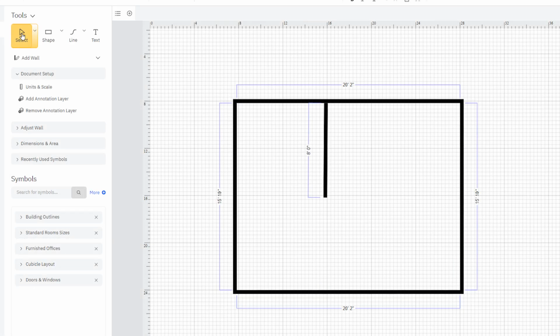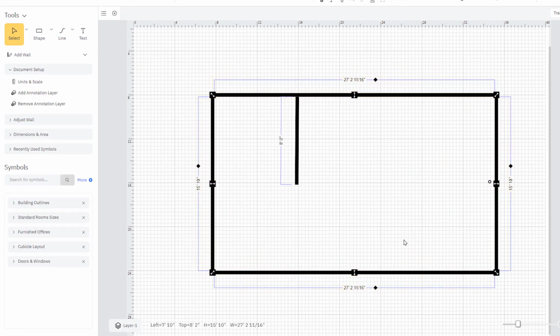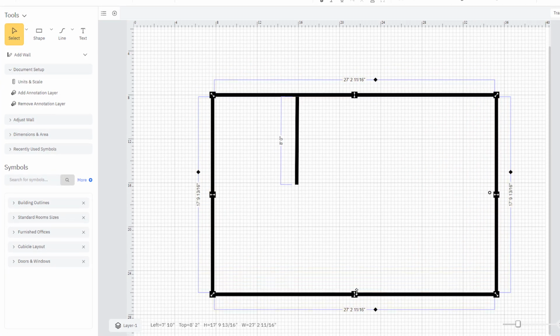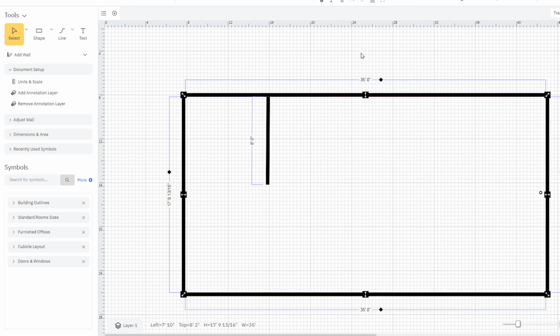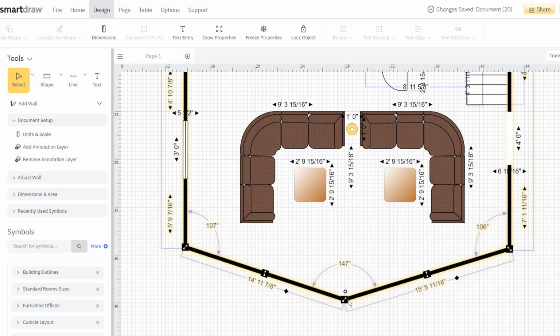Using the Select tool, you can move your room around or drag walls using these black handles, changing the width and angles of the room you're working on. You can click on the measurements themselves and type to change sizing that way. You can adjust the placement of the measurement bars themselves using these black diamonds. Like the other floor plan measurements, you can click on these angle degrees, type to change them, and the room